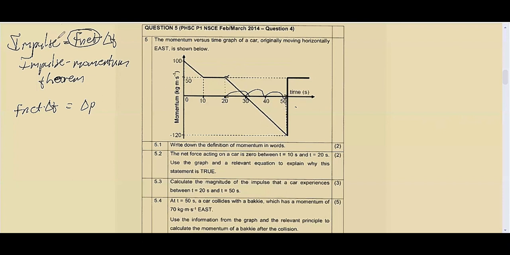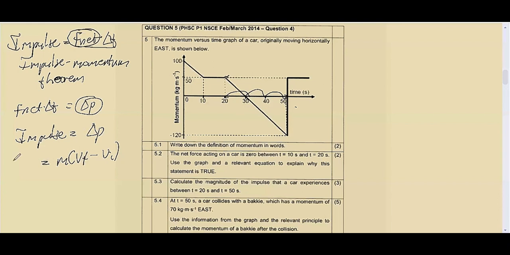Now, if we were trying to calculate the impulse using this formula, it will be a bit tricky because we cannot calculate our F net. That means we can use the impulse momentum theorem to say that if our impulse is equal to the change in the object's momentum, we can try to calculate the impulse using the change in momentum, change in P. Now, for all of this, we do have the information. What is the